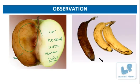Now the same thing appears in bananas also. Here you can see we also took bananas and coated them with the lemon juice, and nothing happened to these bananas, but this is one banana which shows the browning effect, and this is also because of the PPO, that is polyphenol oxidase, right? So I think this is a very simple experiment to be carried out at home,